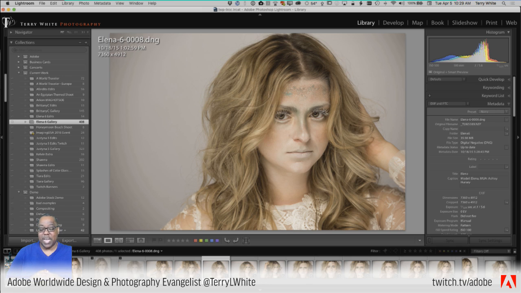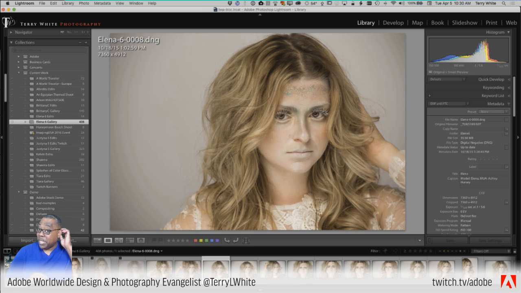So as I've said many times in the past, I reserve the pick flag for the customer, client, subject's choice. I use color labels for my choice and the crew that worked on the photos. So whether it's the makeup artist, the hairstylist, the wardrobe designer, whoever it is, I assign them all colors. So we always use colors, meaning me, the crew. And star ratings are kind of a combination of both. When the subject likes a photo and when one of the crew likes a photo, I'll give it a pick and a color label and a star. So it just depends on who I'm doing the project for.